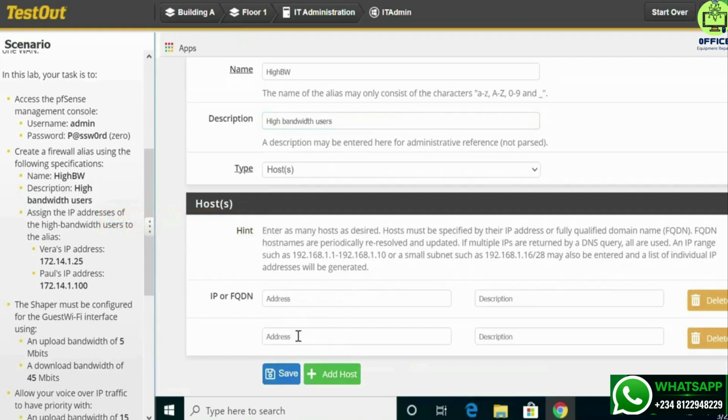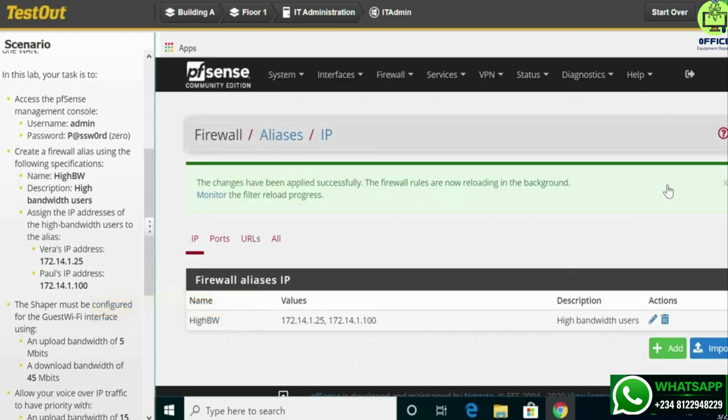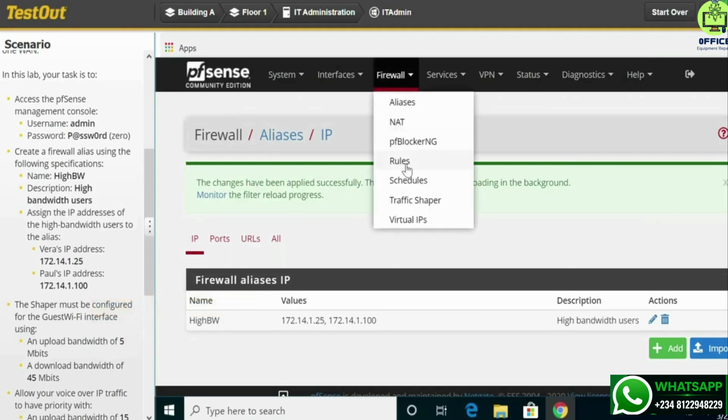Now we go to IP. The IP address is going to be 172.14.1.25. You're welcome to copy and paste if you prefer to. And then the port address is going to be this. We just copy and paste here and we click on save. Alright, so we'll go to firewall again and we'll go to traffic shaper